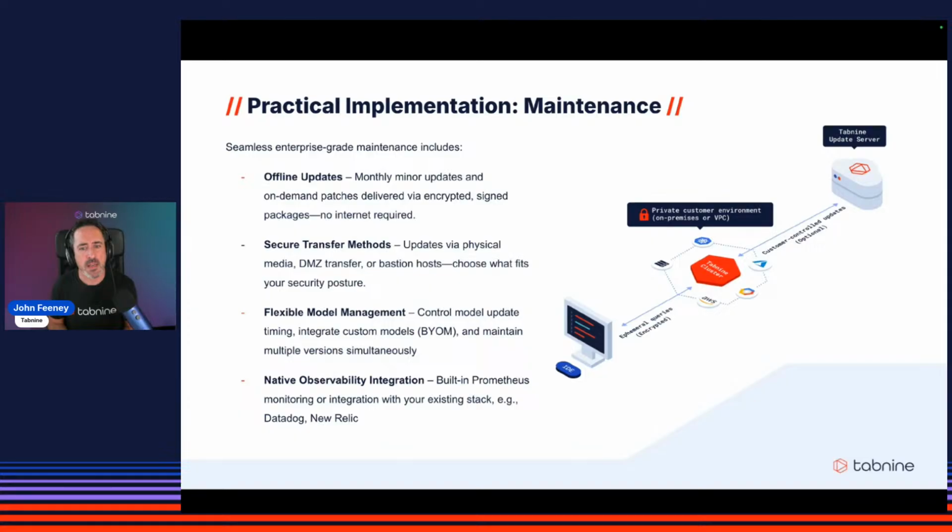And then finally, observability is important for ongoing maintenance. So out of the box, we would ship with Prometheus because it's open source and it's robust. But we know and we've seen that enterprises have their own existing monitoring tools and infrastructure. So things like New Relic, Datadog, even bespoke ELK stacks. So whatever it is that you're using, we can integrate that in as well, so that you have a single pane of glass for your entire Gen AI infrastructure. So you'll see all the metrics on CPU, memory, response times, error rates, you name it.